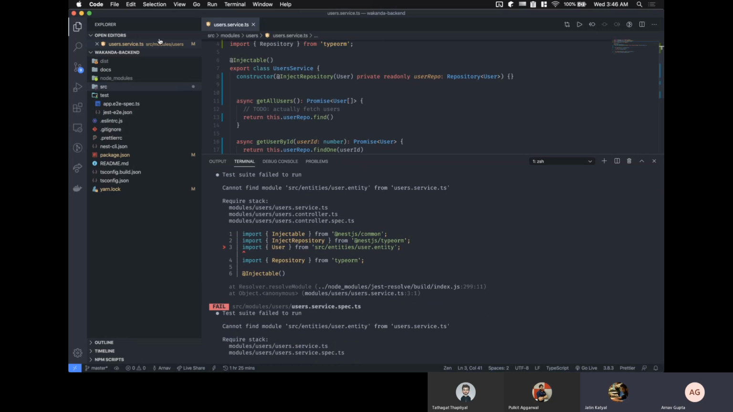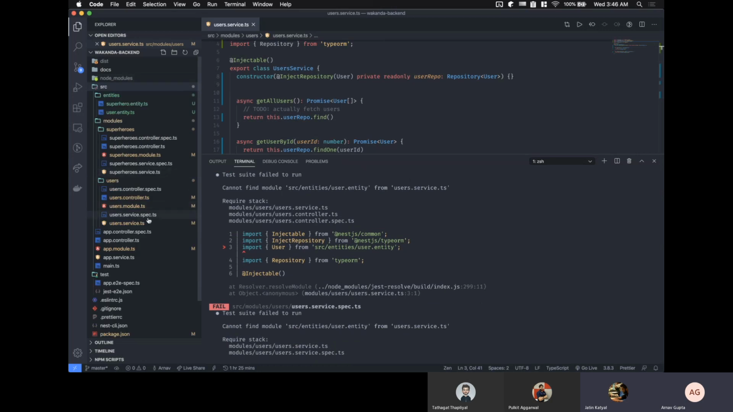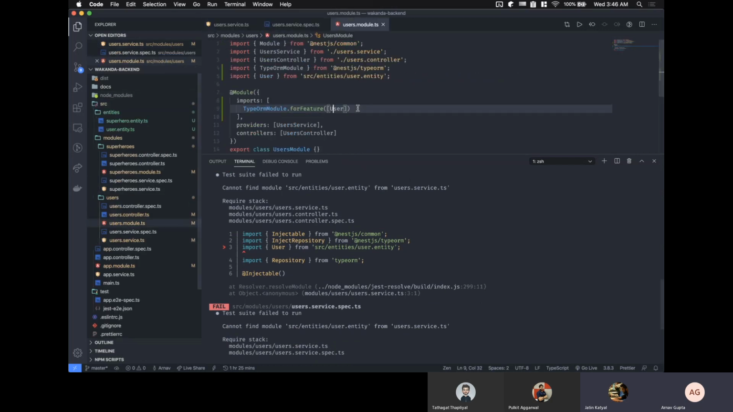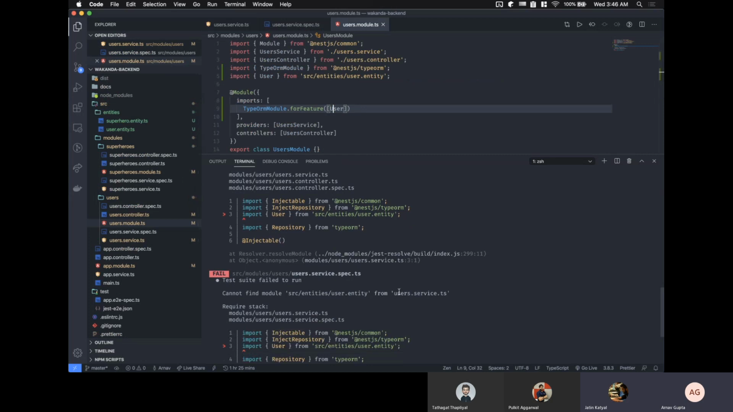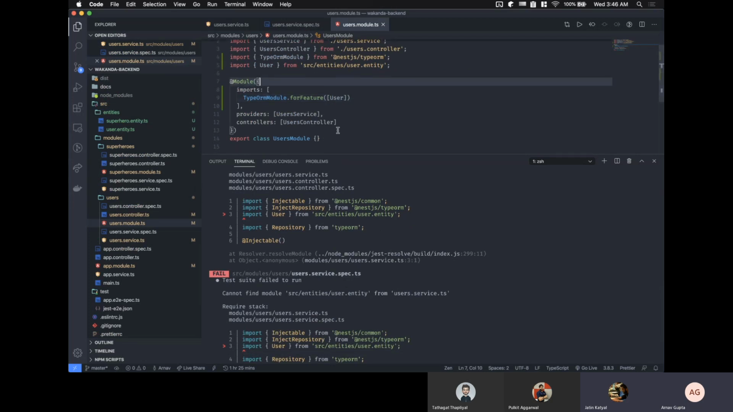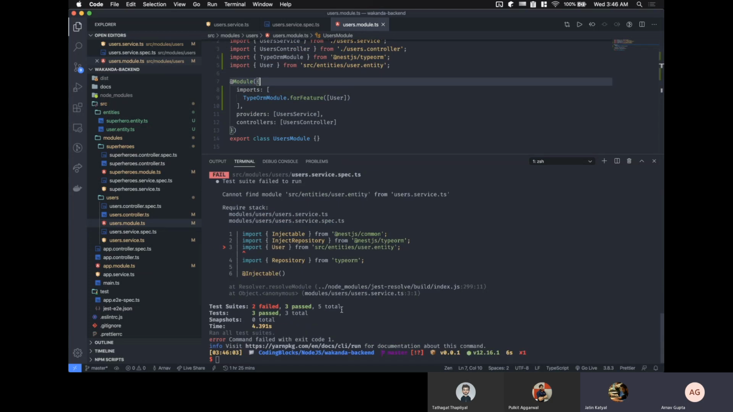User.service spec. Here it is failing. It's failing because it cannot find module user.entity. Okay. So what about the node path? Let's run this test specifically on this